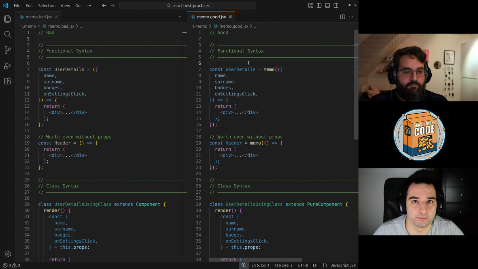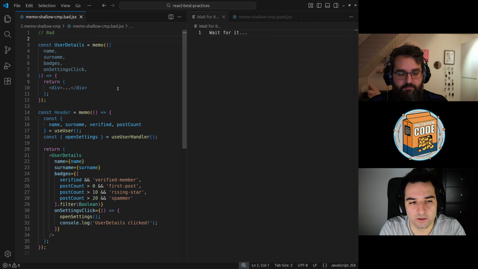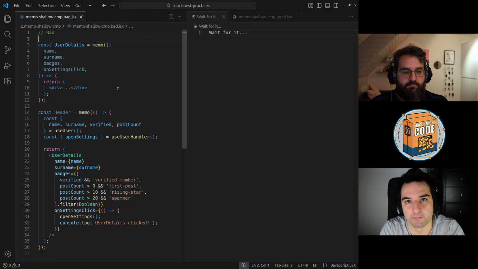How the props are compared is the interesting thing, because it uses a shallow comparison. So, Kata, what about prop comparison? Okay, the shallow comparison is very easy. If you have primitive types like string, number, or boolean, for example, the comparison is made by value.